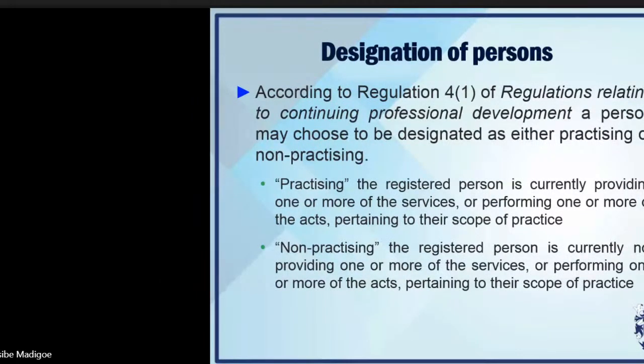The designations are all explained in the regulations relating to continuous professional development. And it is saying that you can designate yourself as either a practicing pharmacist, which is a pharmacist who is providing one or more of the services or performing one or more of the acts pertaining to the scope of practice of a pharmacist. And a non-practicing pharmacist is a registered person who is not providing any of the services, or who is not performing one or more of the acts pertaining to the scope of